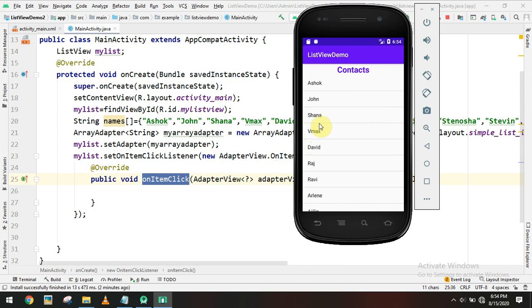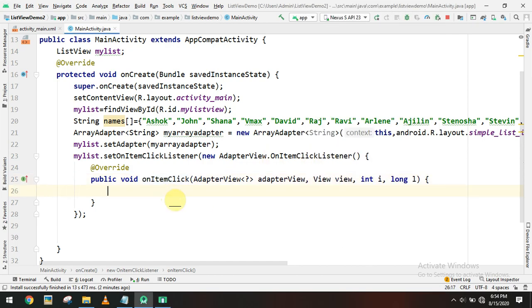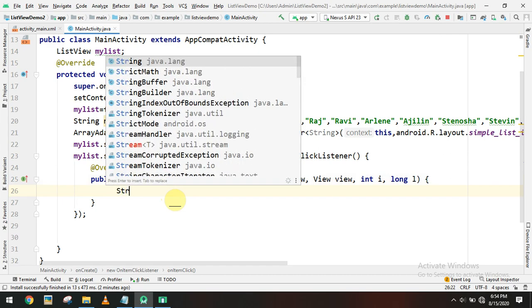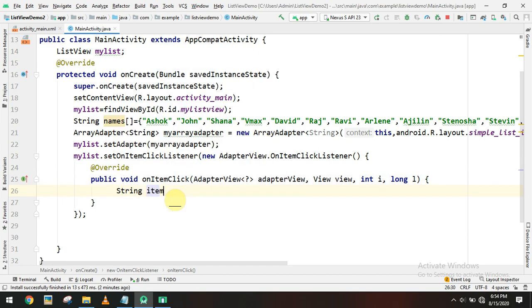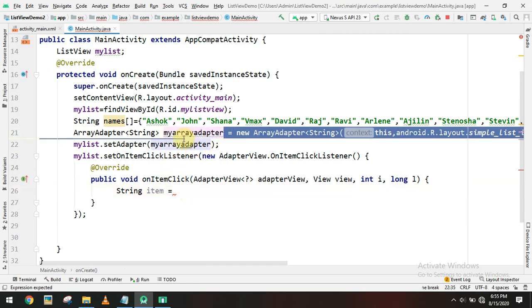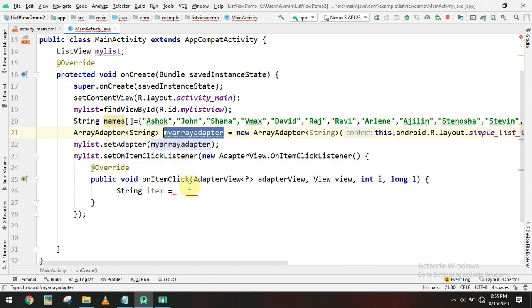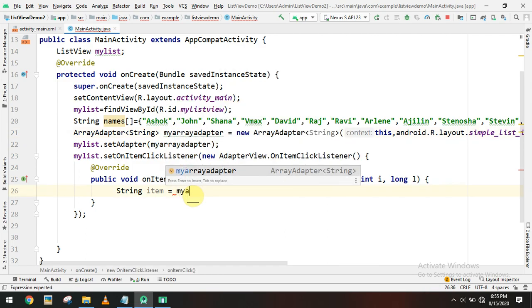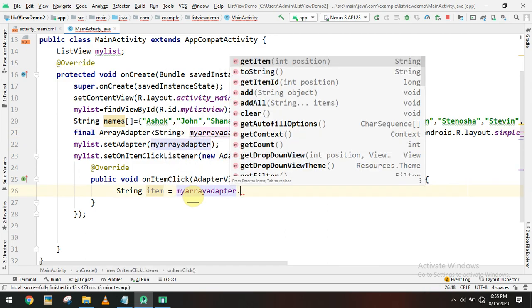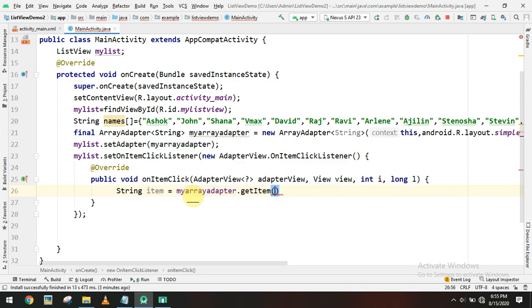So now when you select a particular item, we want to access the list item, that is the item name. The selected item we can access, because the list item is actually generated from the my array adapter. So we have to use my array adapter dot, there is a function called getItem.